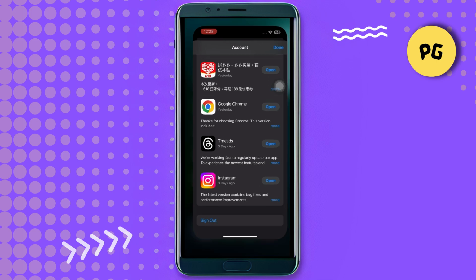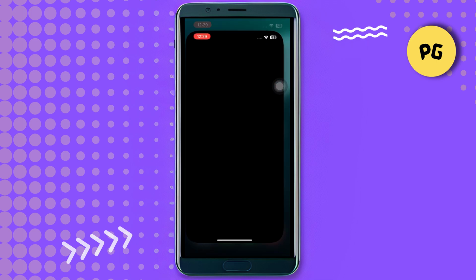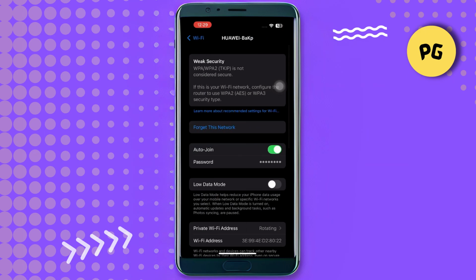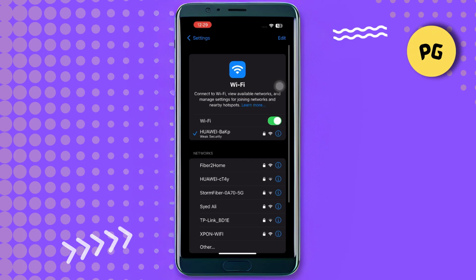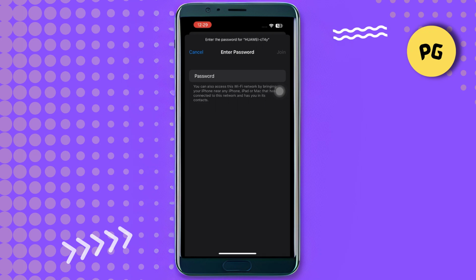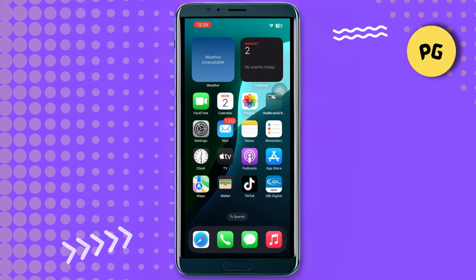You just check if your Wi-Fi and cellular data are strong. So firstly, here we go. As you can see, I'm using Wi-Fi. So you can see weak security, and this connection I think is weak. So simply change your Wi-Fi connection or cellular data. I'm using Wi-Fi, so I want to change my Wi-Fi connection. Now you will see, once you change your Wi-Fi connection, your problem I think is 80% solved. So once you change your Wi-Fi connection, then guys move to the next solution,